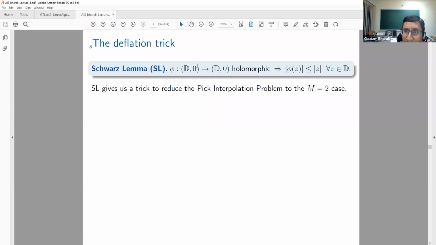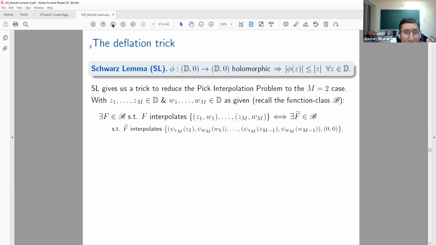Now, this Schwarz lemma that everybody is familiar with gives us a trick to reduce the given Pick interpolation problem to an equivalent problem involving 2 distinct points in the domain and 2 points in the target. How is it done? Suppose you are given this data z1 through zm and w1 through wm. Then there exists a capital F in the function class that I talked about that interpolates the data